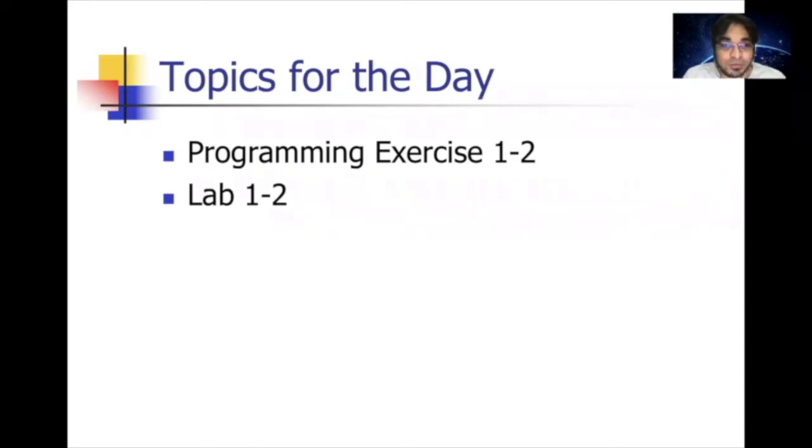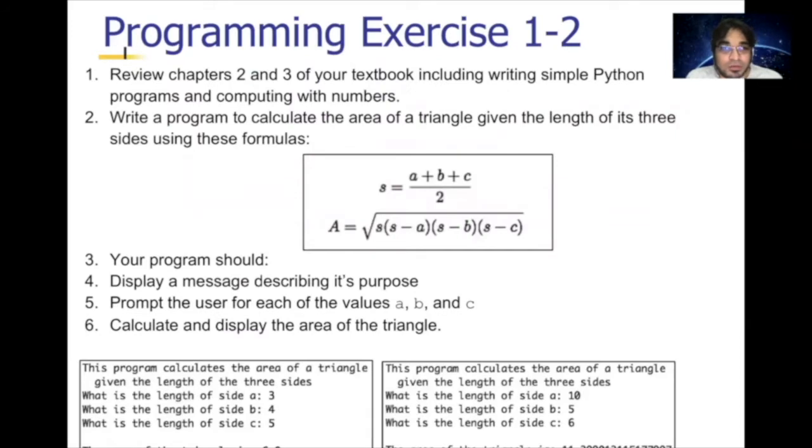So the first problem we will look at will be from programming exercise 1-2, which is this one. Over here, you are asked to review chapters 2 and 3 from the textbook. And then, having used what we just learned from those chapters, we will input 3 sides of a triangle and generate the area of the triangle as given using these equations. All right, so